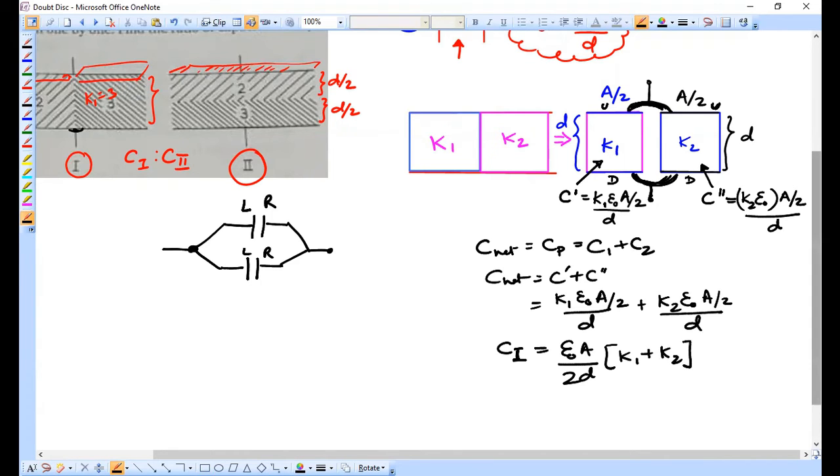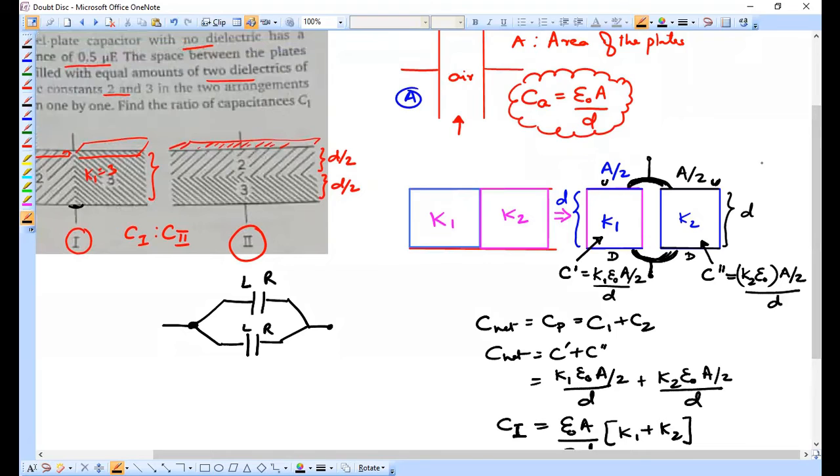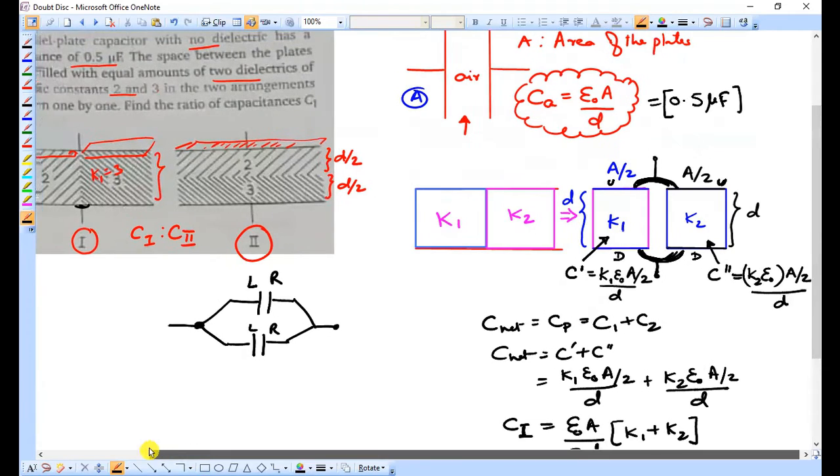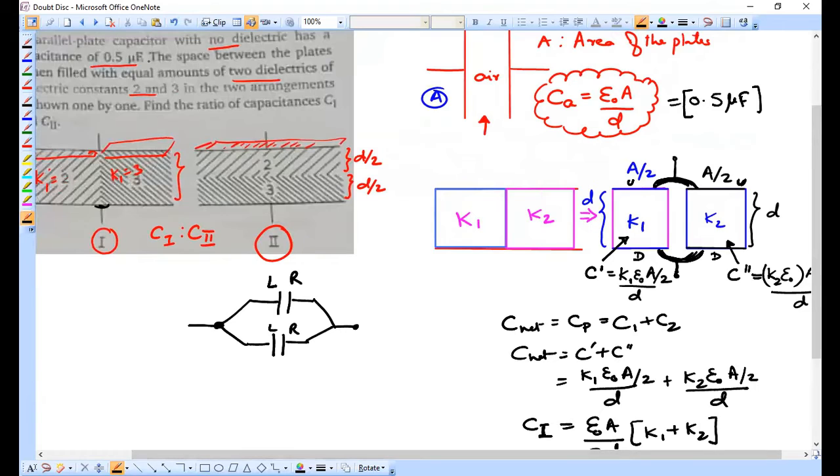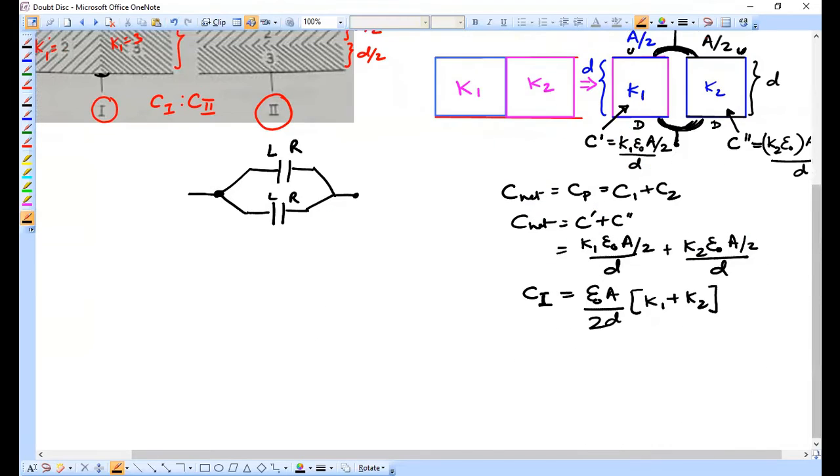Now friend, as per the question, the air-filled capacitor has a capacitance of 0.5 microfarad. So CA happens to be 0.5 microfarad, friends. My mistake earlier. So the capacitance of the air-filled capacitor is 0.5 microfarad as per the question. I've got the value of epsilon naught A by D being equal to 0.5 microfarad. So while I'm going to substitute it over here, the C1 will be equal to, now remember this as